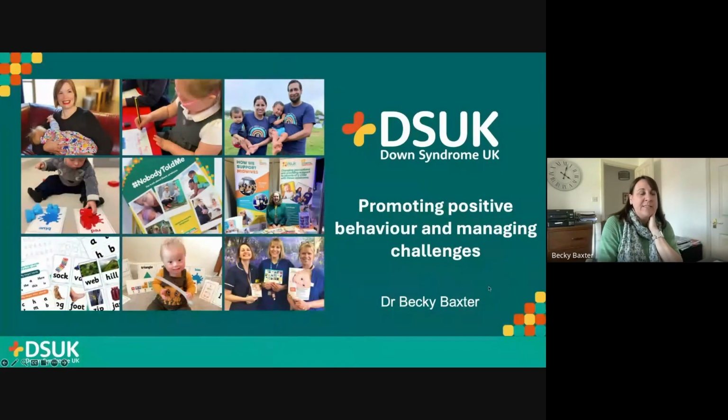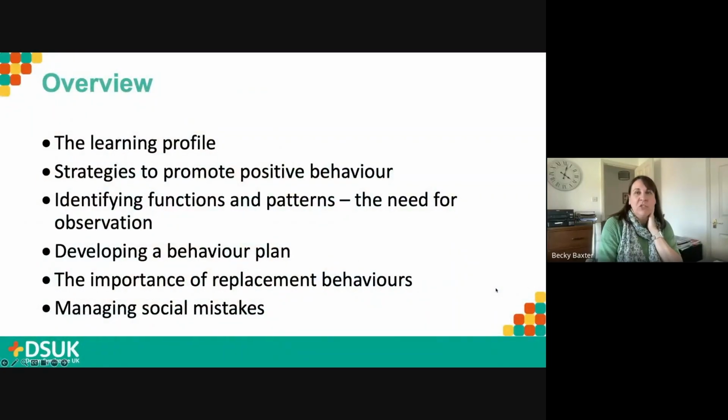In the next hour, what I'm going to try and do is give a very quick refresh of the learning profile associated with Down syndrome. We'll then talk about strategies to promote positive behaviour, think about identifying functions and patterns, and I'll do a bit of a sales pitch on the need for observation, talk about developing a behaviour plan, and then I'm going to focus a little bit on the importance of replacement behaviours, and you'll hear more about those when I get to them. They're almost the most important part, or they are, I think, the most important part of this presentation. And then finally, I'll talk about managing social mistakes and what to do, including what to do when